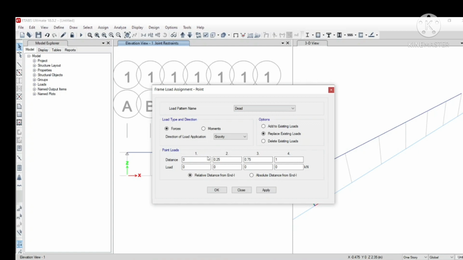Okay, so the intensity is, let us take this as live load, and from the absolute distance, so the load is 30 kilonewton and at a distance of 2 meter.